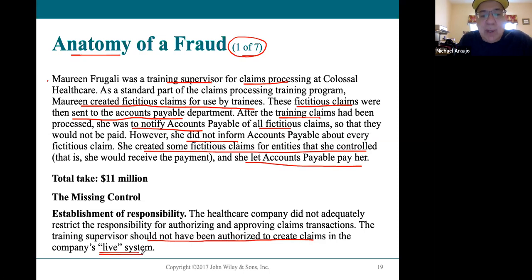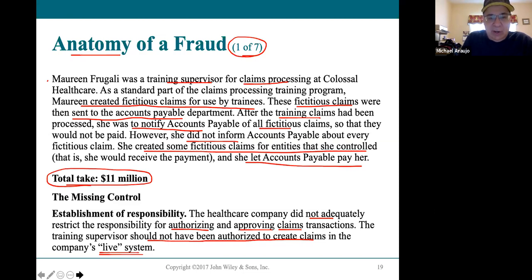They should have used some type of dummy system. They also did not adequately restrict who could authorize a claim and who could approve a claim through that particular system. And so based on that missing control, $11 million